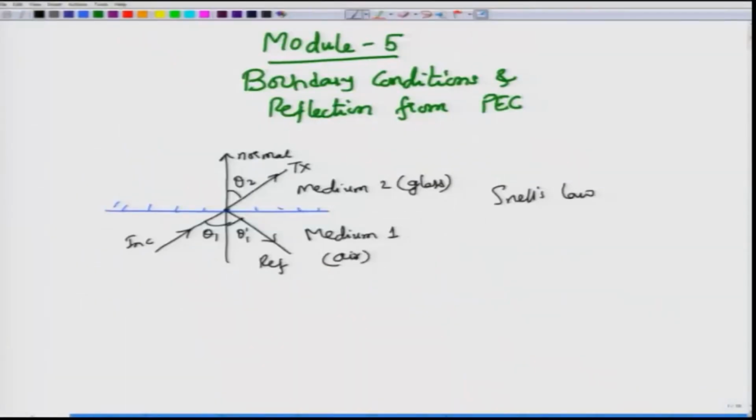In this module, we discuss boundary conditions and reflections from a perfect electric conductor. Now, before we discuss boundary conditions and the reflections from a perfect electric conductor, let us go back to our childhood and look at some of the experiments that we would do without really knowing that they were experiments